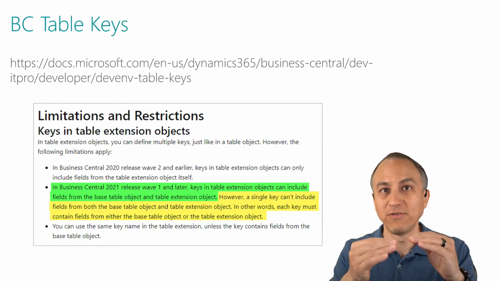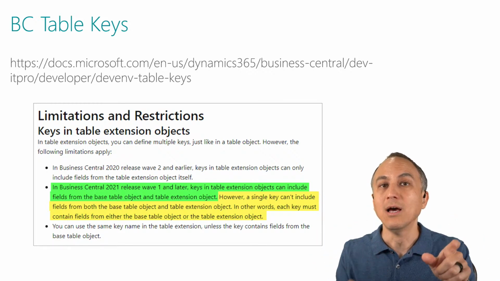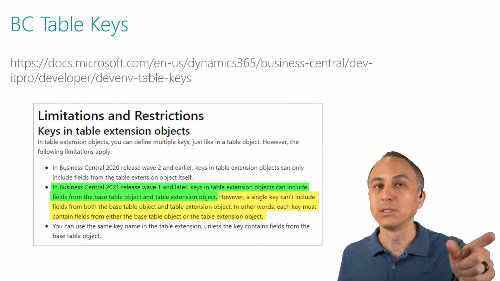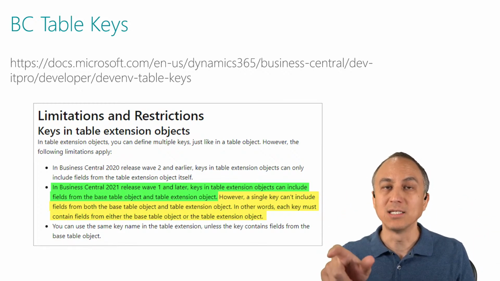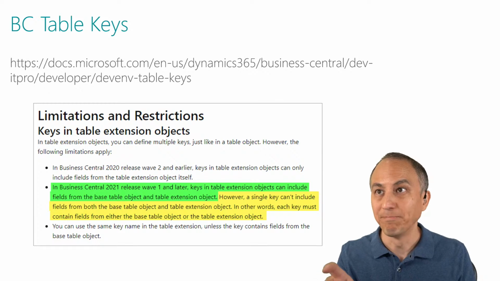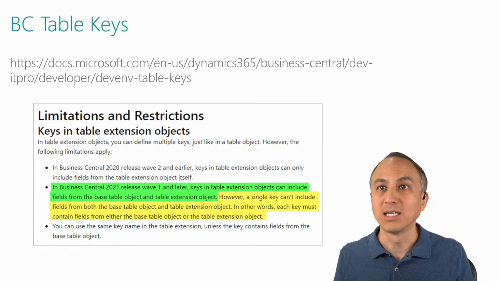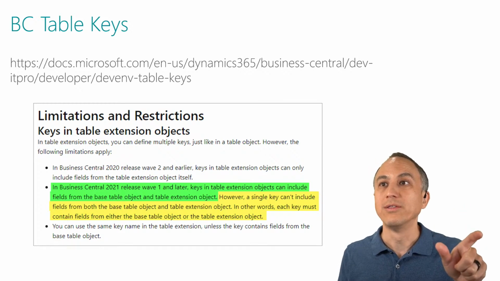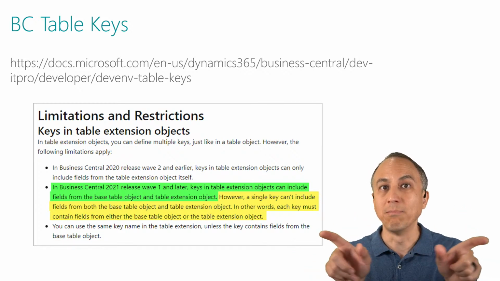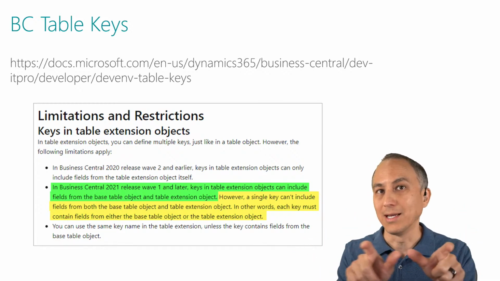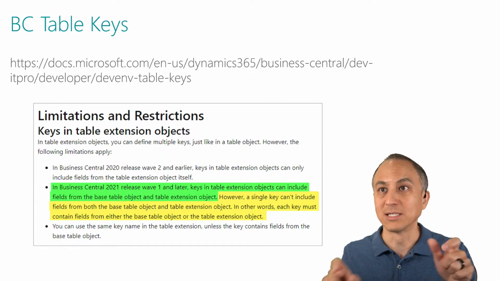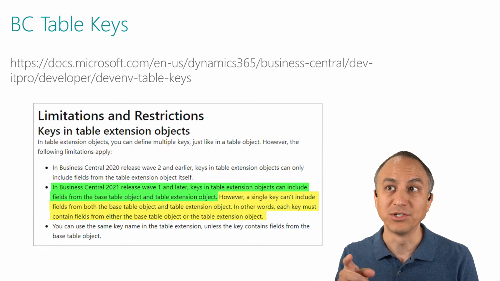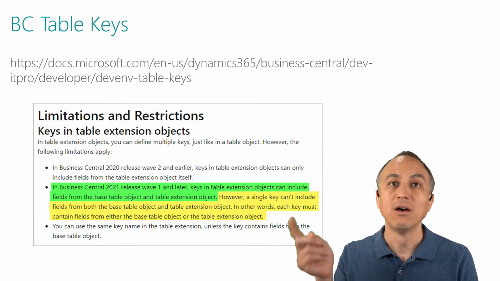So you can't mix fields in your new key, but you can add new keys to the base tables, and you can still add keys for your table extensions. So in other words, a key must contain fields from either the base table object or the table extension object. You can't mix them or combine them for a composite key, mixing those fields. So you can use the same key name in the table extension unless the key contains fields from the base